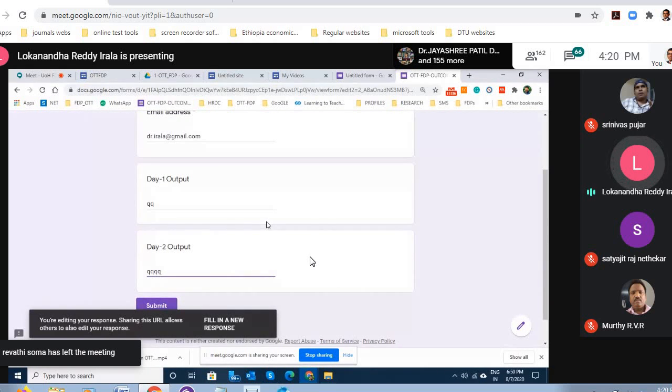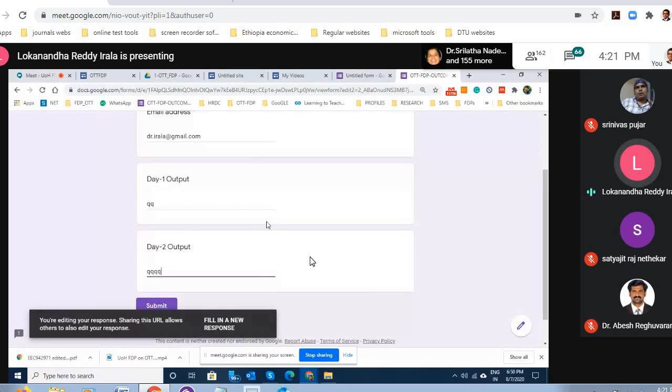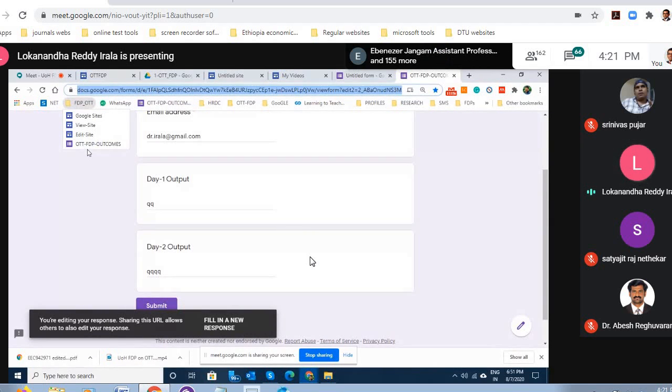But this is not a one-time activity. Every day you have to go back to the same page. You have to go back to the same form. So there is only one difficulty in this. You should save the link of this editable portion of your form, so that when you click on that link, you will come back to this form again. So what is the best way to do it? Here. Select the whole thing, keep it into your folder. Bookmark it.